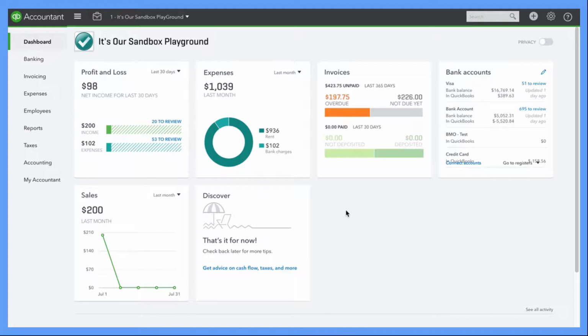Hello everyone. Today we're going to add a customer to QuickBooks Online. Adding a customer is a simple and straightforward process, and it can be done in two ways, which we will